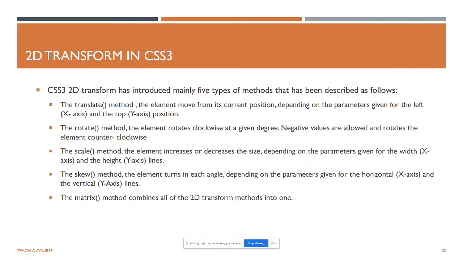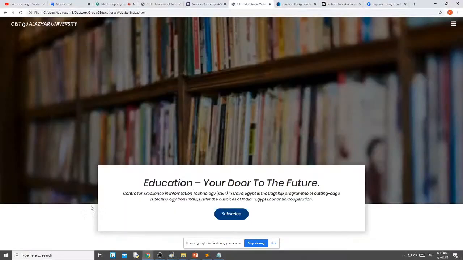See, 2D transform in CSS3, the translate method moves an element from its current position depending on the parameters given for the left. If you want to move left, then x axis, and if you want to move top, then y axis. Okay, the same thing I have done here.